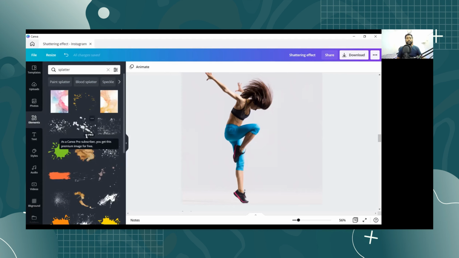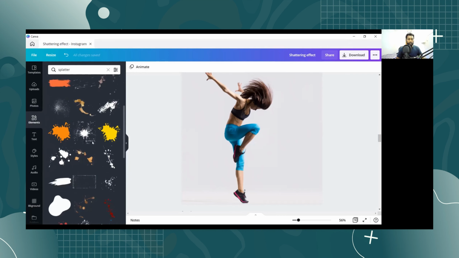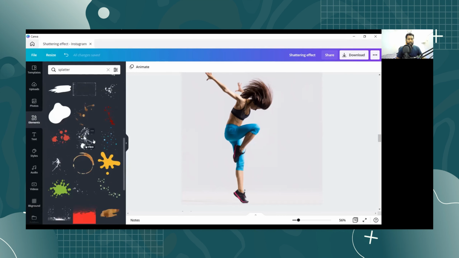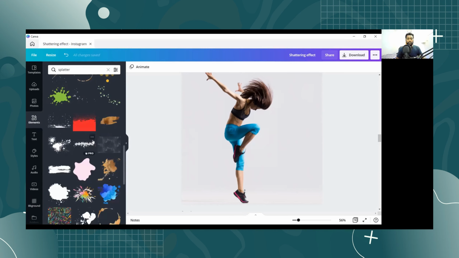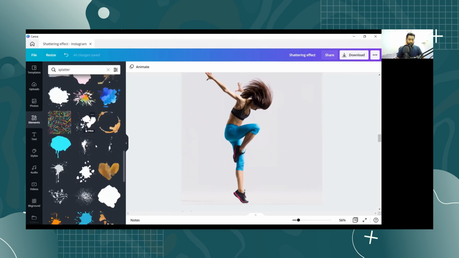From here we need to find the best and most suitable splatter elements so that we can get the shattering effect for our design. For this design, I'll select from here. I'll check one that I used previously, and it goes perfectly with this design. I'll select that.